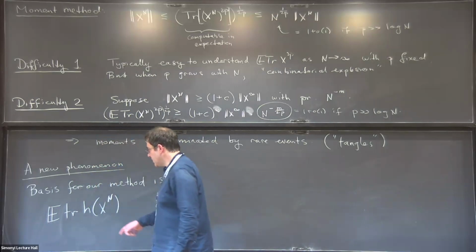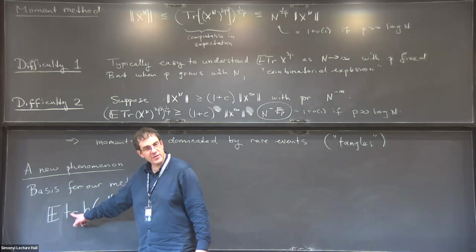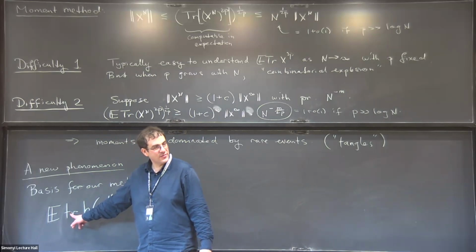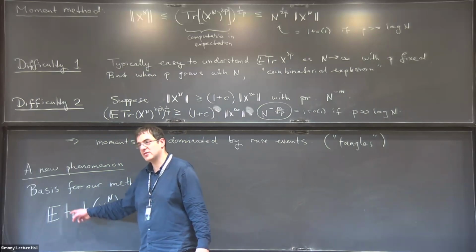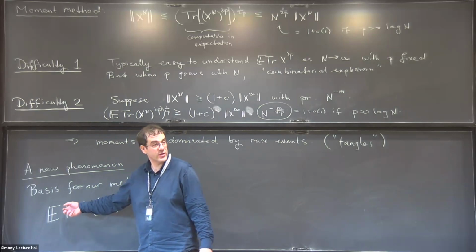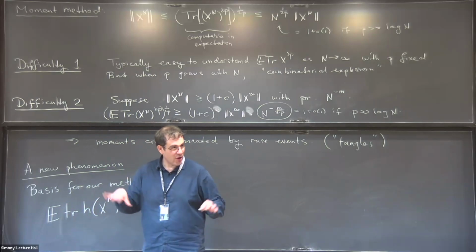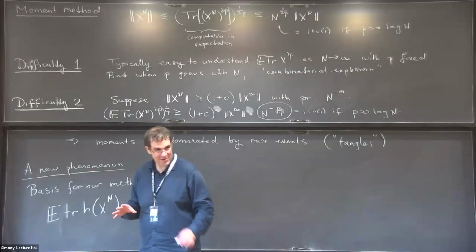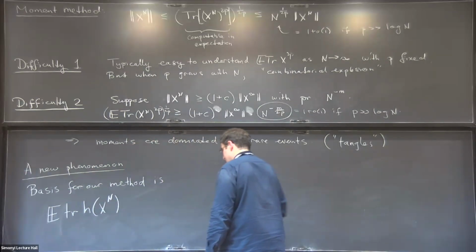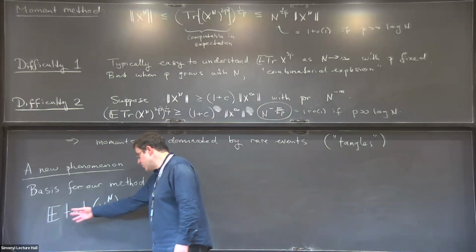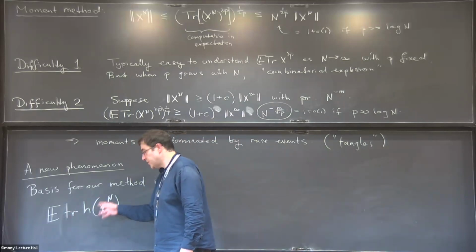I should say, I sometimes write trace with a capital letter and I sometimes write trace with a little letter. This means something slightly different. This is the normalized trace. So this is 1 over n times the big trace. The big trace is the one you're used to. At the level of resolution I'm talking about here, you can just ignore this. So the basis for our method is we're going to compute the expected trace of h of these random matrices,